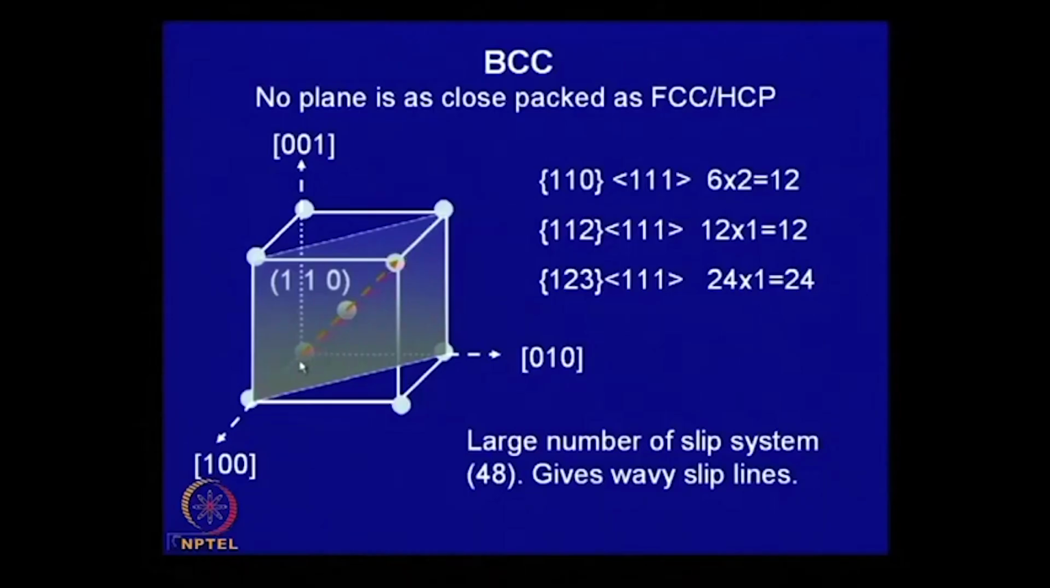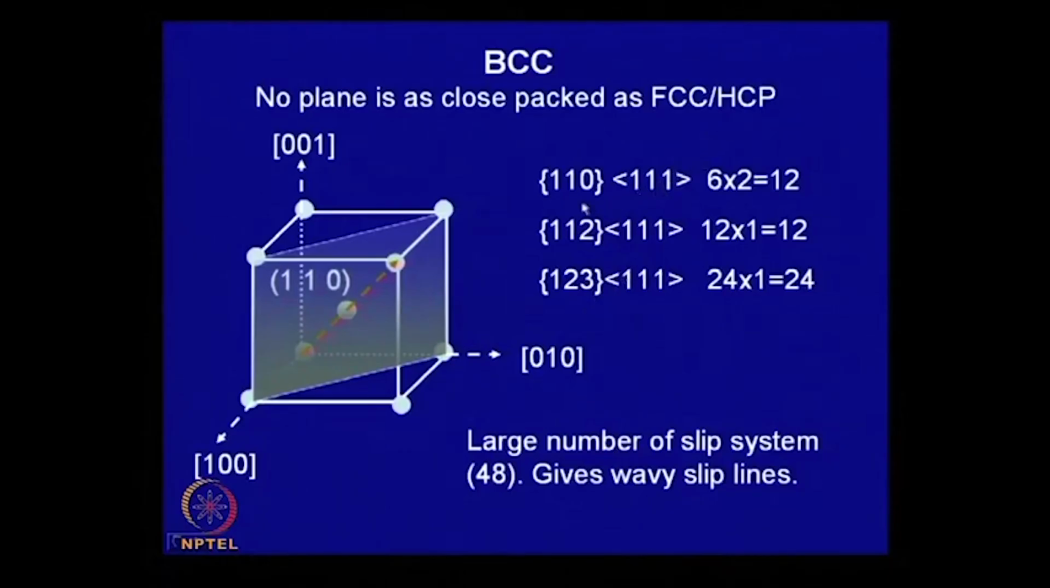Now, you have to find out what combinations of this 1 1 0 plane and 1 1 1 direction are there, how many such combinations. You will be able to show easily there are 6 1 1 0 planes. So, there are 6, and in each, like in this case, one diagonal is this, if you join this, another diagonal is this, there are 2 1 1 1 directions. So, you have 12 slip systems of this type,